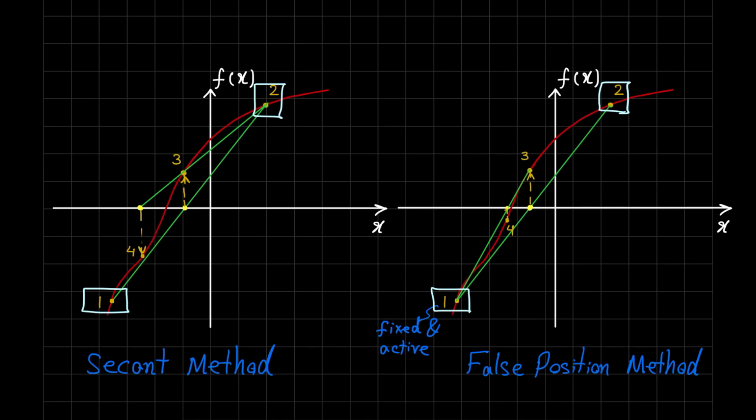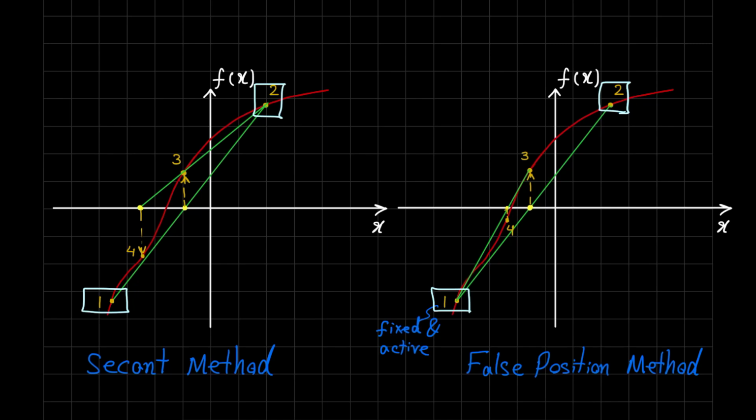But on the right, we have the false position method. Again, for the same curve and for the same interval between point 1 and point 2, we draw the secant line, which is this one again. And remember that for the false position method, always one end point is fixed and active. For this case, point 1 is fixed due to the convexity of the curve. So the intersection of this secant line with the x-axis